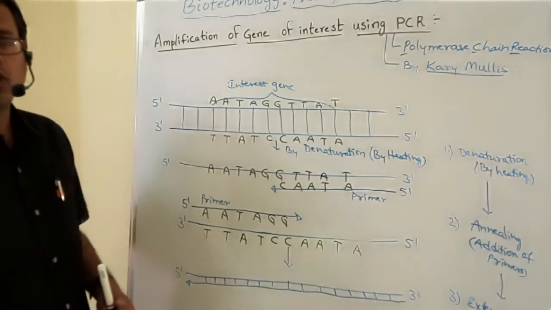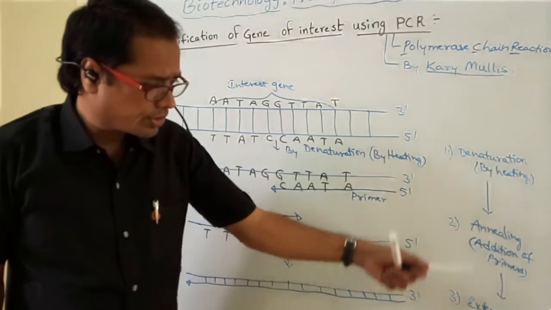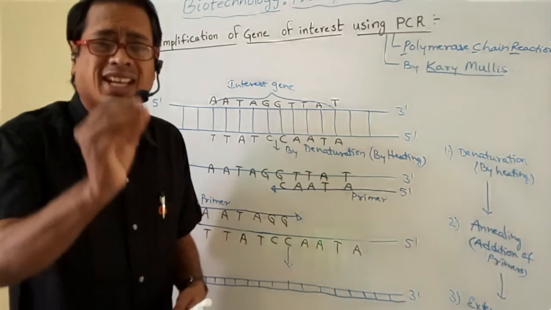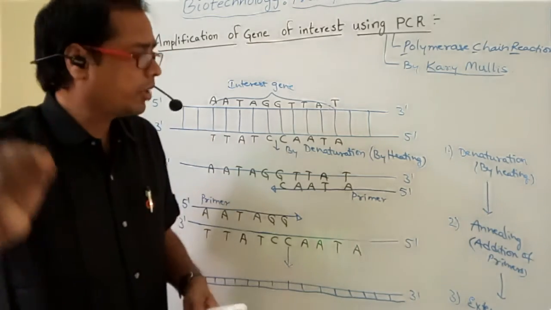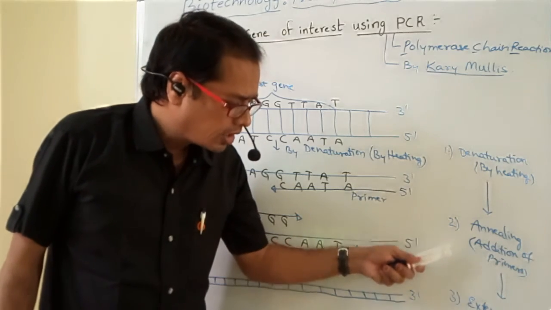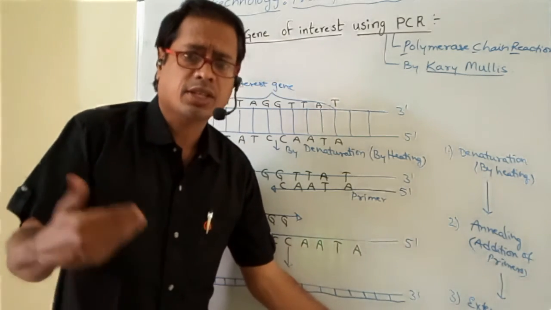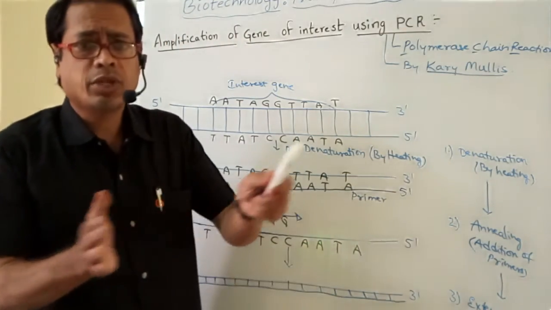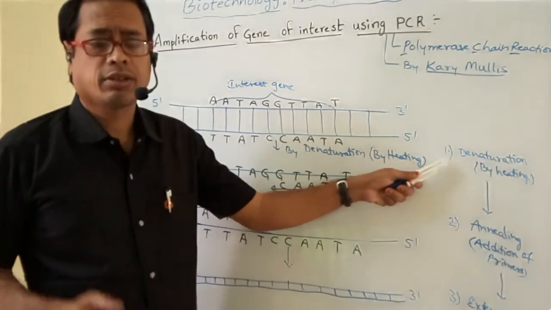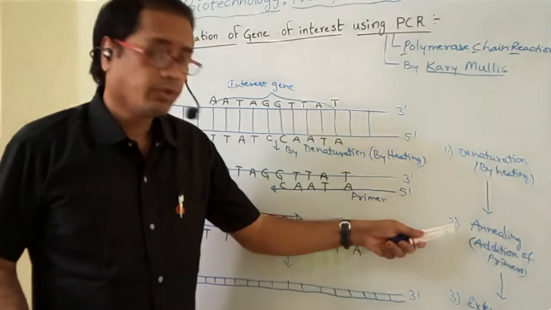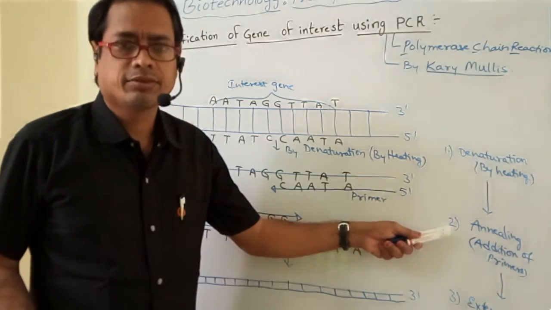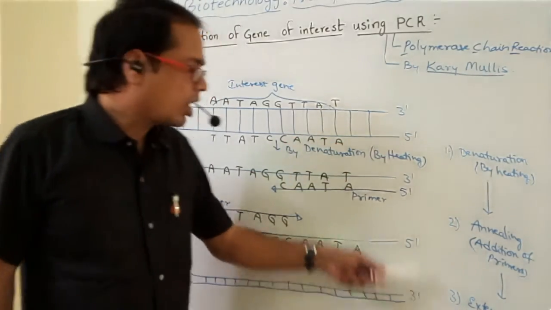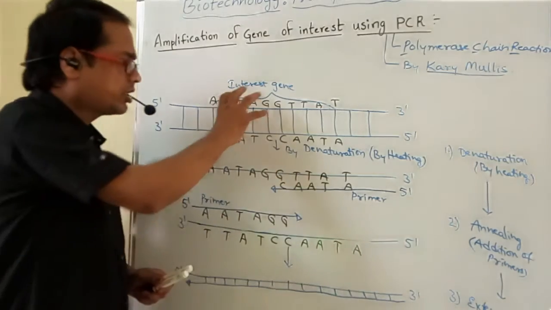Okay, my dear students. I hope you are understanding. Please go through these notes. Few points I am going to ask. Keep the following steps in the correct order in amplification of interest gene: denaturation, annealing, extension, and finally amplification is completed. Next one, the two strands can be separated by which process? Denaturation. Primer is attached at which process? Annealing. Taq polymerase is extended in which process? Extension. So what are the requirements? Desired gene is required.